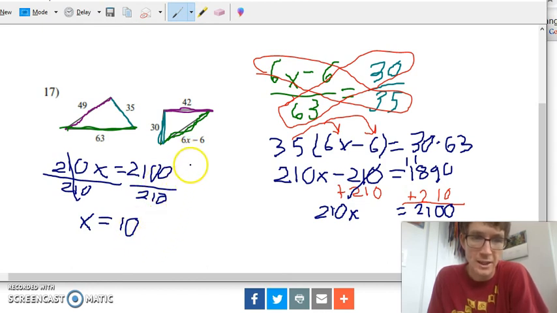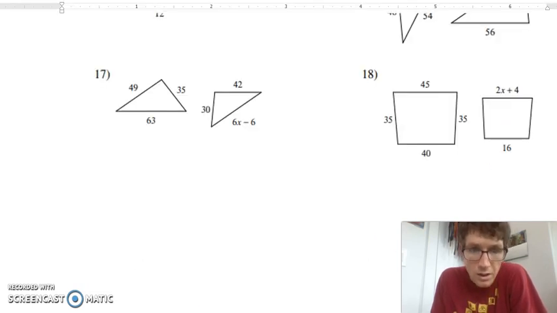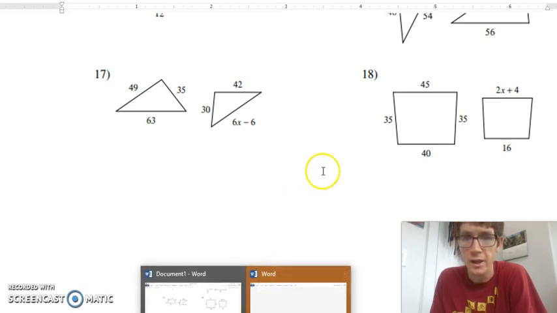If I were to plug that into here, we get 6 times 10 minus 6. So 6 times 10 is 60, minus 6 is 54. So this side over here is actually 54. All I did was plug into that equation. But you didn't actually define it. You just defined out what x was. So that's the goal of this. So what I want you guys to do is figure out what